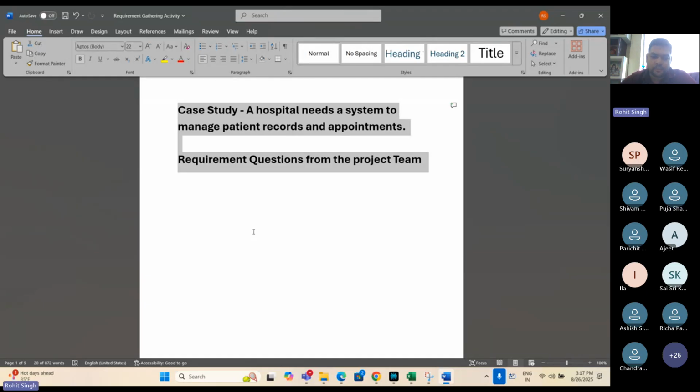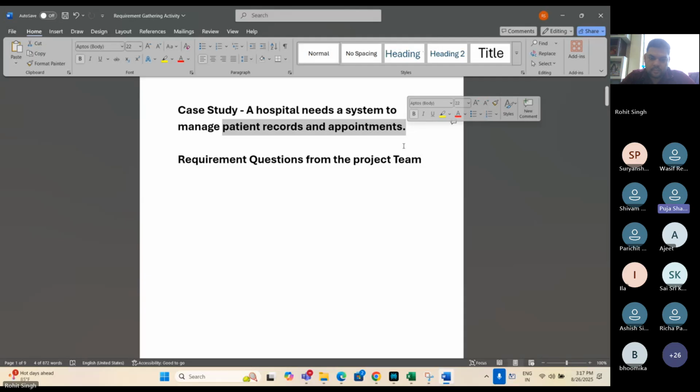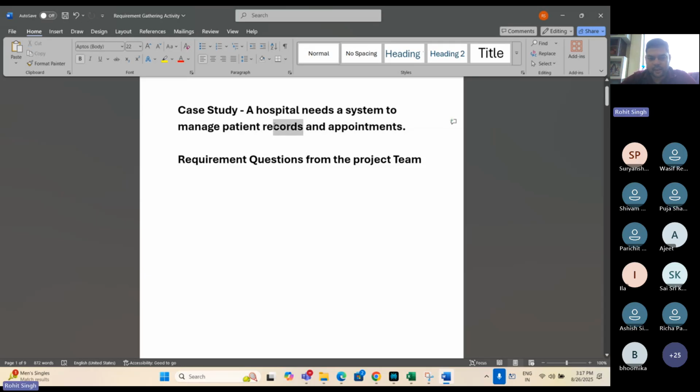Okay, you know what a patient records and appointments management system is? Do you know what this kind of system is? Where all the information of patients is gathered, entered in a particular document. That's a record management system. And what is an appointment management system? Similar, it might be a tool where all the appointments will be scheduled.